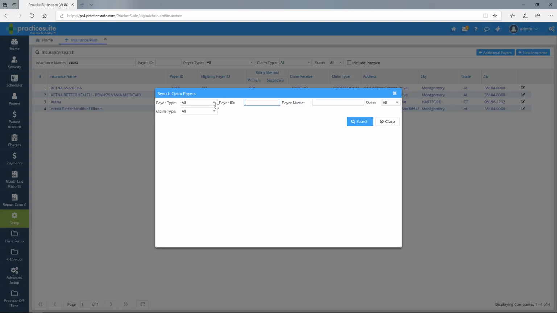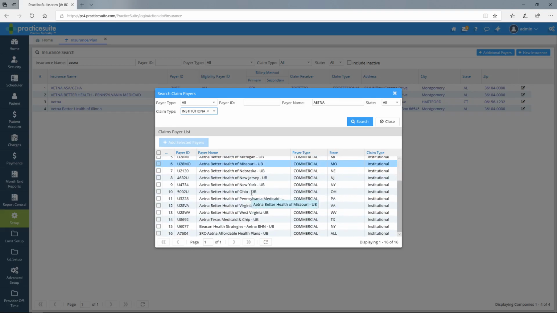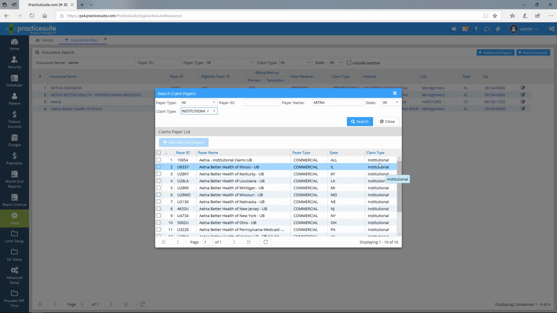In addition, you can also search by payer type. So if you're looking for a particular type of payer, you can also select the payer type from this drop down. Now, when you're searching a payer, let's say I'm going to type in the payer name and I want to look for an institutional payer. I will just type the payer name, and here I will select the claim type as institutional. We'll hit search, and you can see that it shows me that payer,